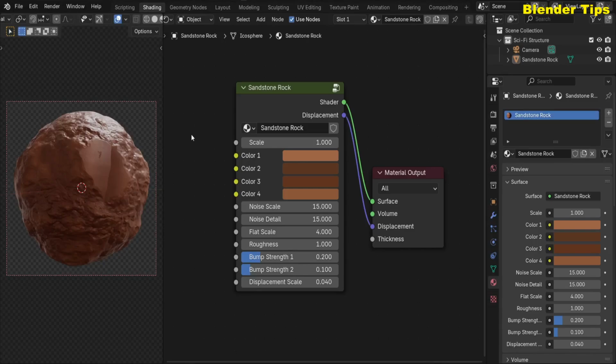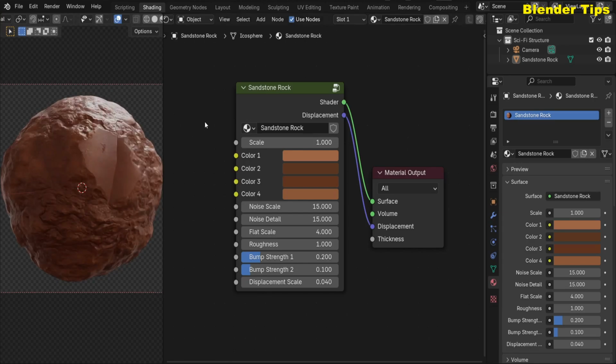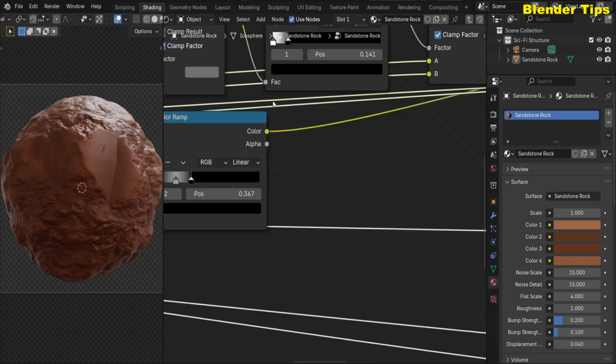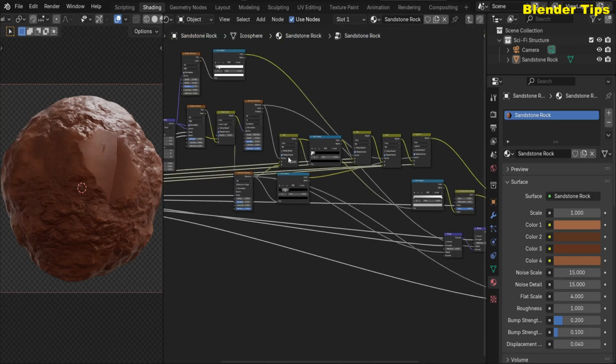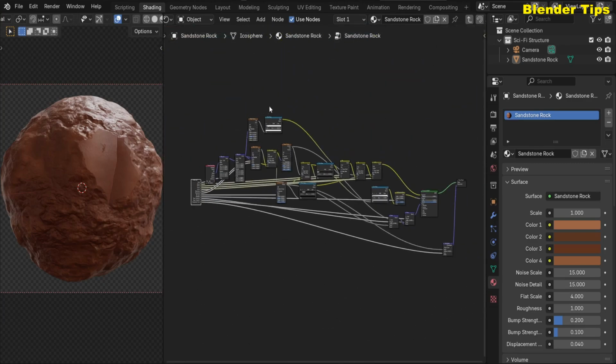Welcome to our channel. Today in this video I am going to create this beautiful sandstone rock material in Blender with the help of the nodes. And here you can see that this is the custom node group for this material, and if I select this and press Tab on the keyboard, you can see a lot of different nodes connected with each other